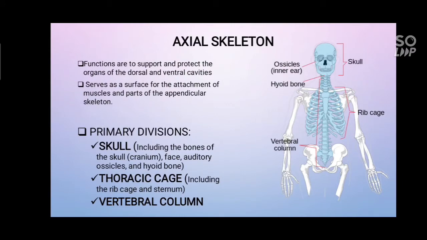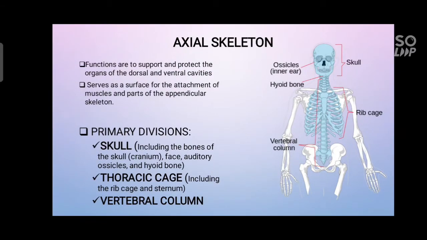The axial skeleton has three primary divisions: the skull, including the bones of the skull or the cranium, face, auditory ossicles, and the hyoid bone; the thoracic cage, including the rib cage and the sternum; and the vertebral column. So the axial skeleton supports and protects the organs of the dorsal and the ventral cavities. It protects the brain, the spinal cord, and other organs in front and back of the body. It also serves as a surface for the attachment of muscles and also stabilizes portions of the